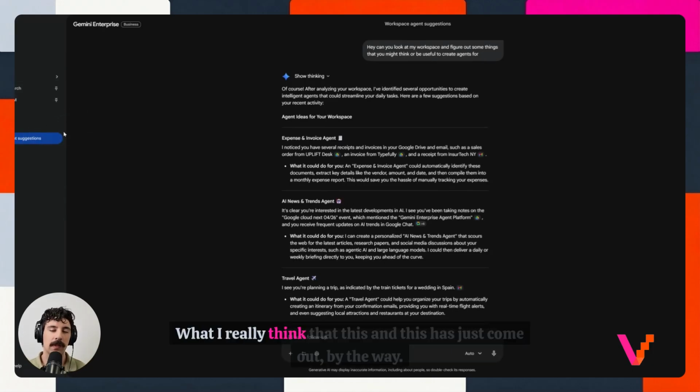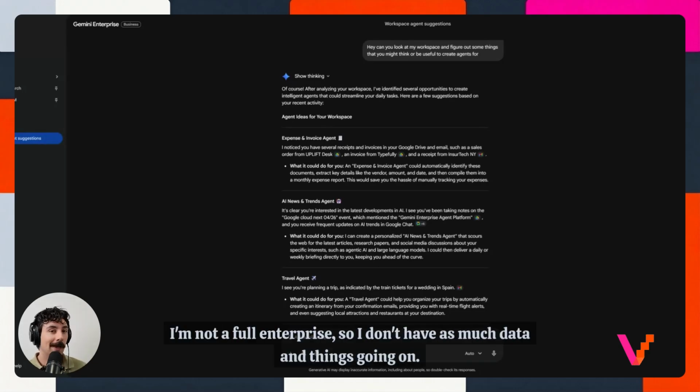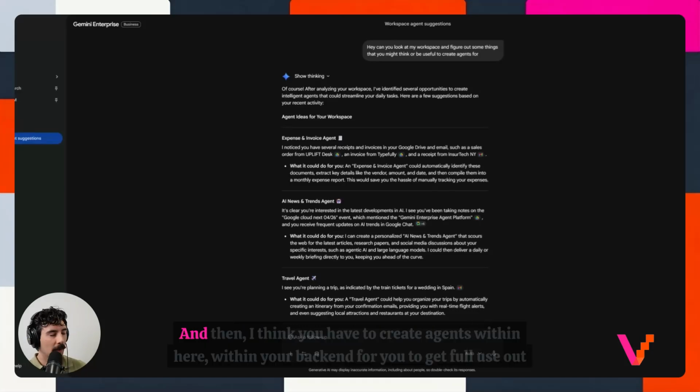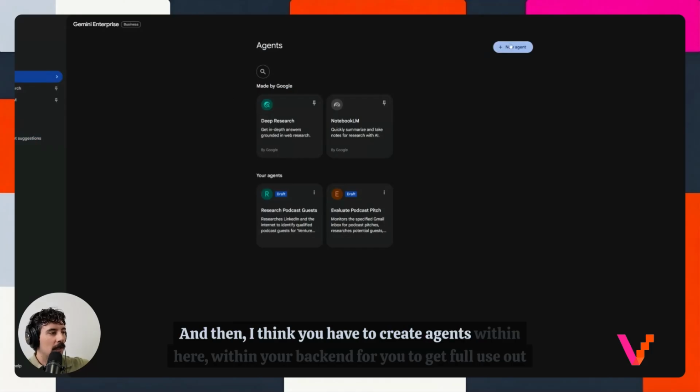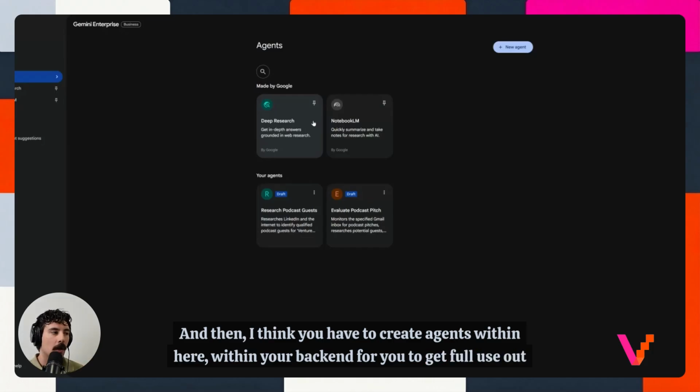What I really think, and this has just come out, by the way, I haven't been able to utilize it that much because one, I'm not a full enterprise, so I don't have as much data and things going on, and it's hard to simulate all that. And then I think you have to create agents within here, within your backend, for you to get full use out of